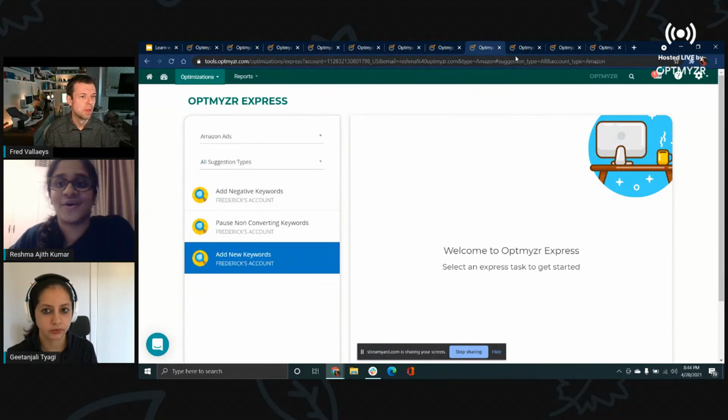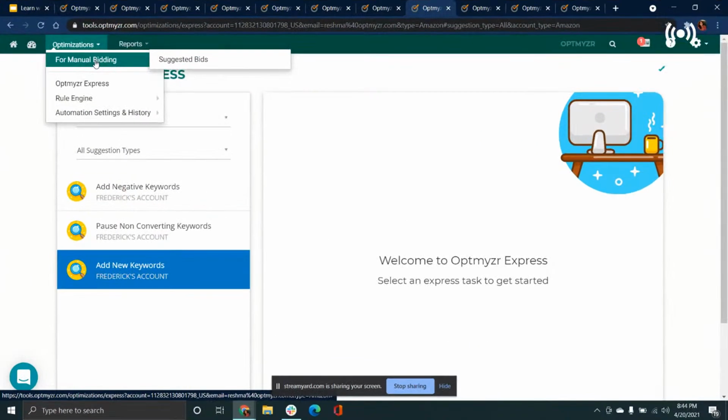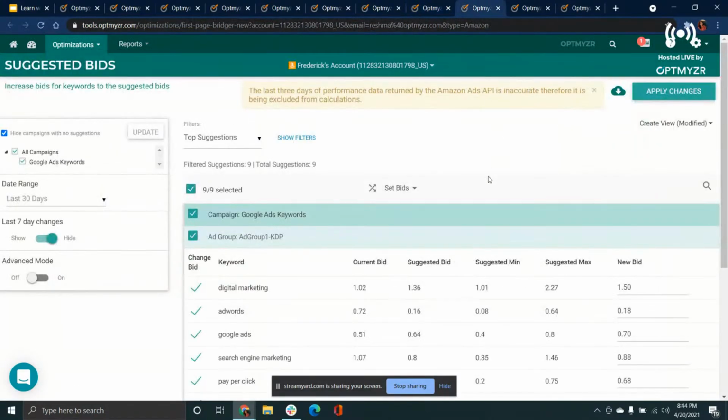Cool. All right. And then what if people want to do a full-fledged standard one-click optimization? Yes, we have something that's quite interesting here for manual bidding. This one-click optimization helps you very quickly prioritize bidding suggestions for increasing at the keyword level.